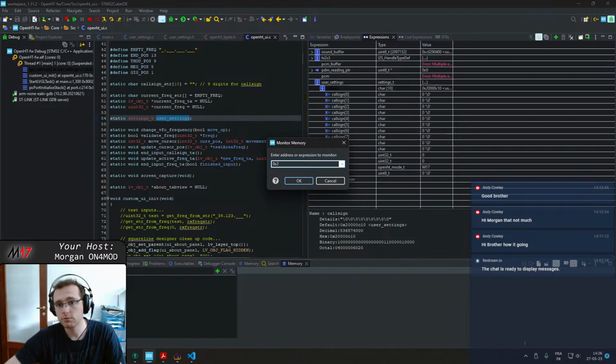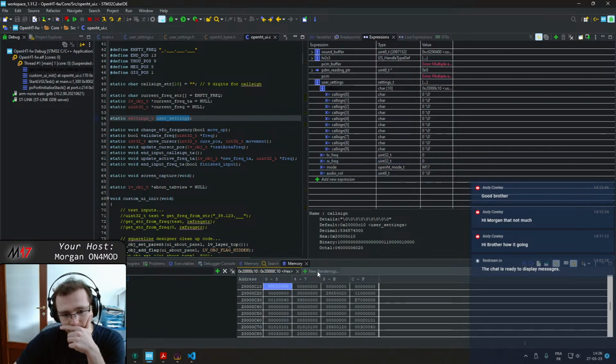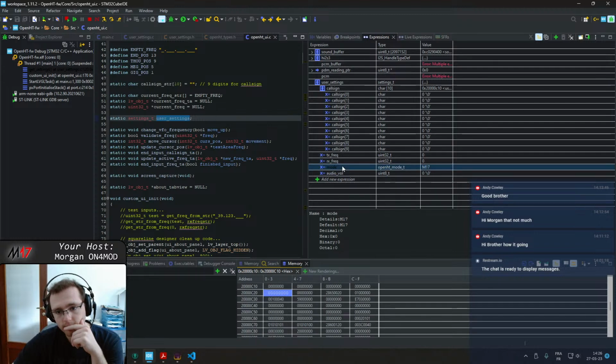So 0x20000C10. So this will start with 10 bytes equal to 0. So we have 10 bytes equal to 0, then TX frequency, which is 4 bytes to 0, and then RX frequency, which is 4 bytes to 0, and then mode, but it doesn't tell us the size of it. Anyway,